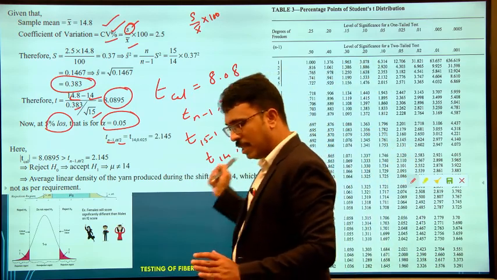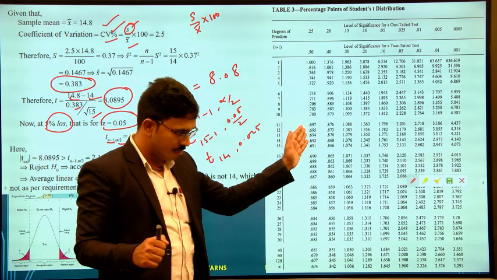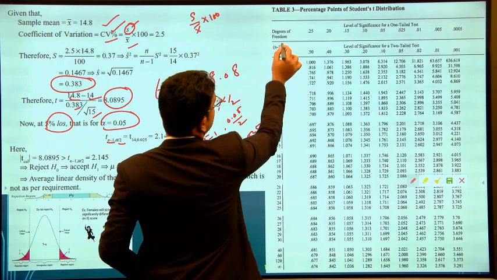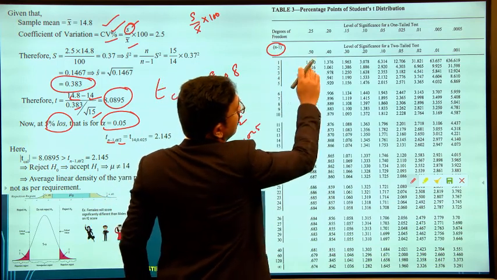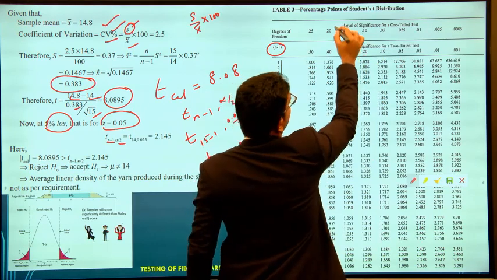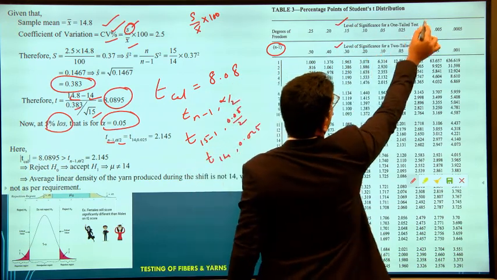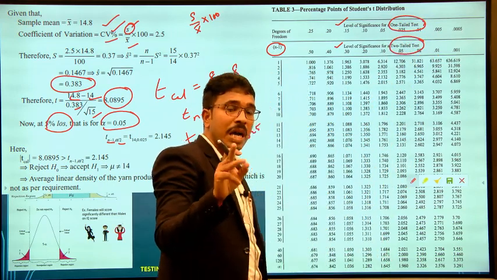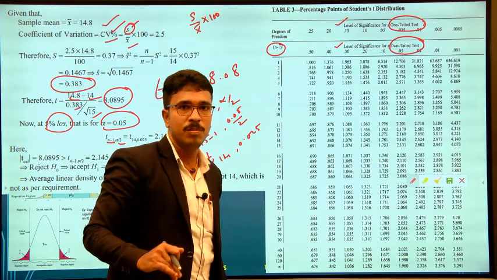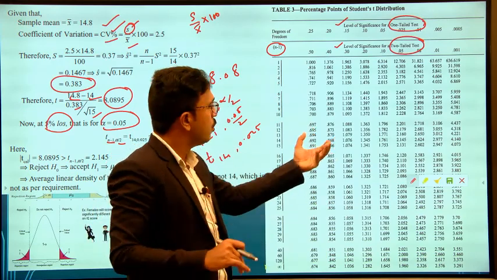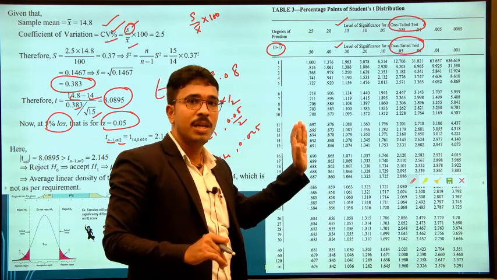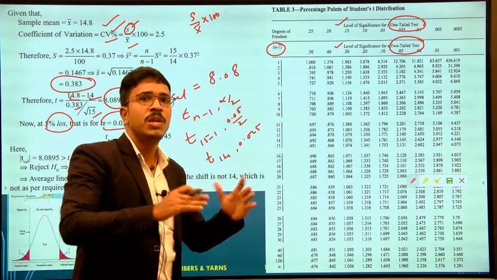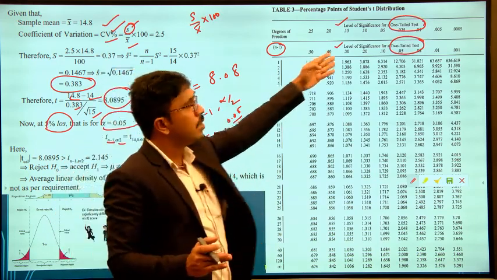Now you can see next to this problem the table I have kept. In the table, in the first column we have the degrees of freedom, and the other columns are about the level of significance. Here you can see one-tail test and two-tail test. Unless you identify from the problem whether it is two-tail or one-tail, you cannot choose the right value here. That's why I told you in the beginning itself. The information given in the problem, equal to or not equal to, tells us it is obviously a two-tail test.